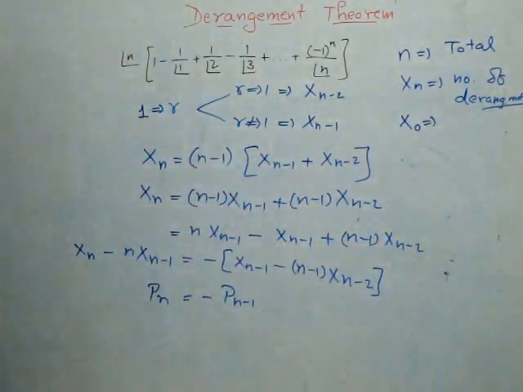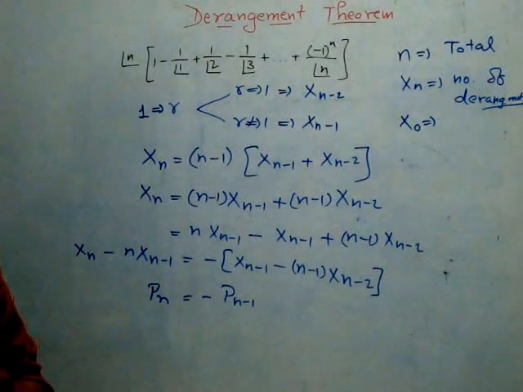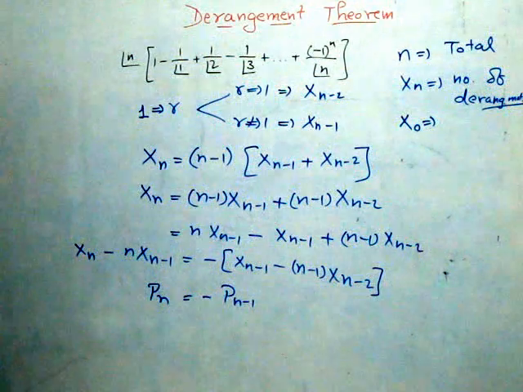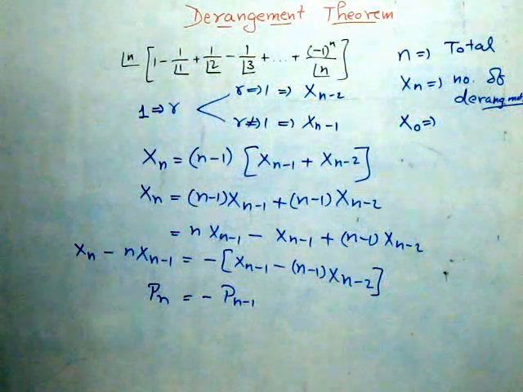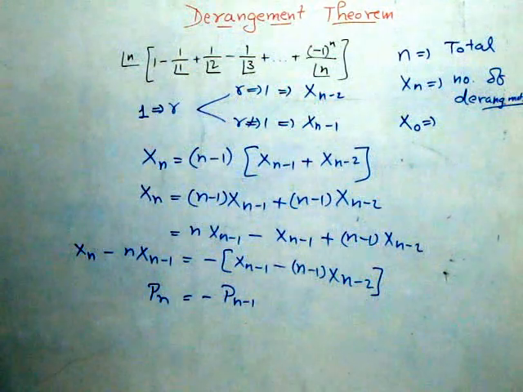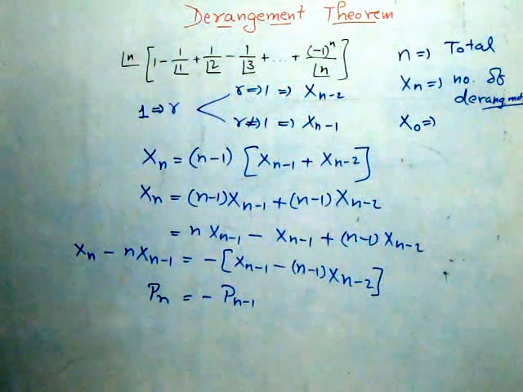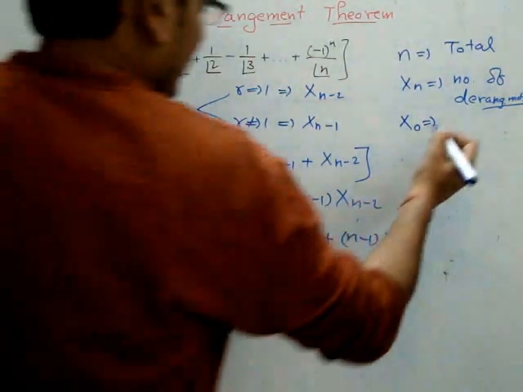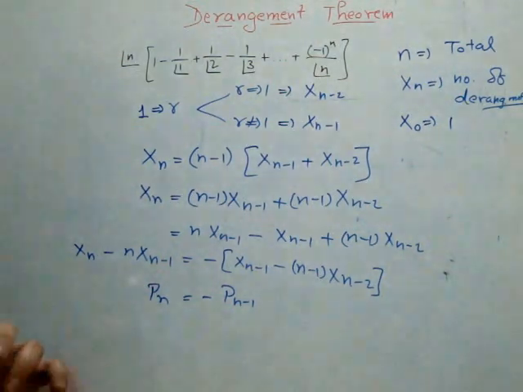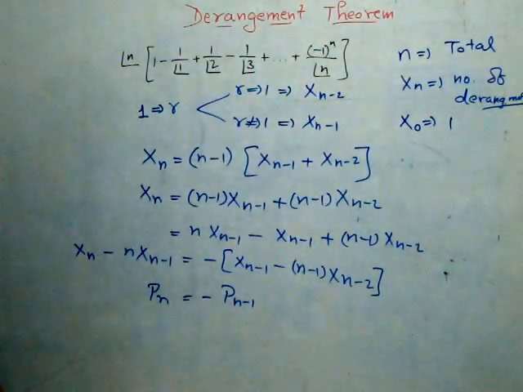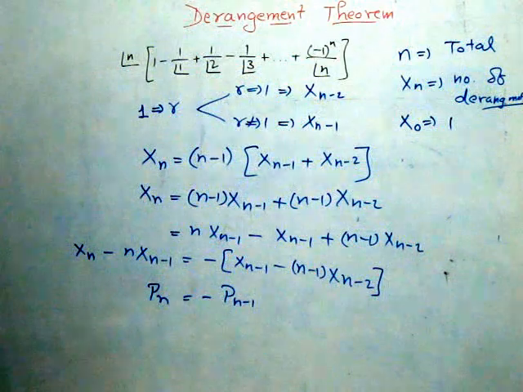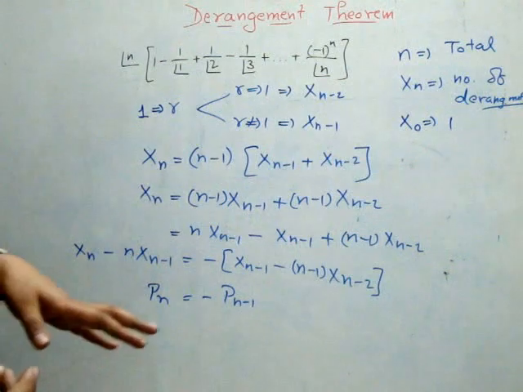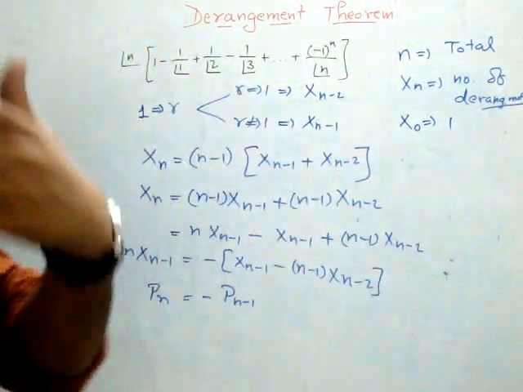What is x0? x0 is when there is no letter and no envelope, in how many ways can we derange them? See, there is just one case of not putting any letter in any envelope, right? So that is the one case. So for 0, by logic we can confirm that x0 is equal to 1. Fine. So if there is no letter and no envelope, we consider that there is just one case, that is not putting any letter into any envelope. That is the one case where we will be having this derangement possible. So x0 is 1, we have to find out the other values.